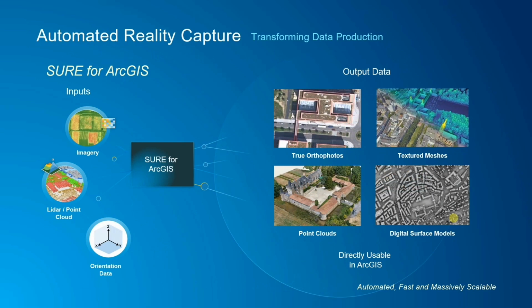Finally, I want to show a brief slide to introduce Shore, the newest addition to Esri's imagery map production tools. You can think of Shore as a new image processing engine that can automatically process imagery input from precise orientation data, or LiDAR, to generate high-quality outputs. These outputs can include what we call true orthomosaics, or another name for the DSM orthomosaic. This is a reference to placing all of the imagery, including rooftops, in the correct horizontal position, as well as highly accurate and realistic 3D meshes and point clouds.